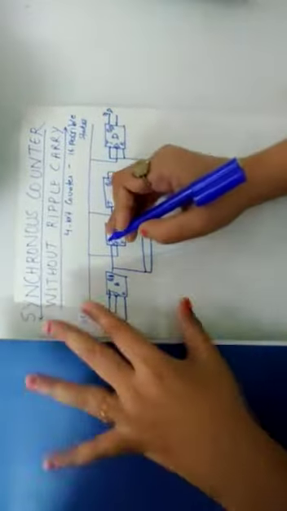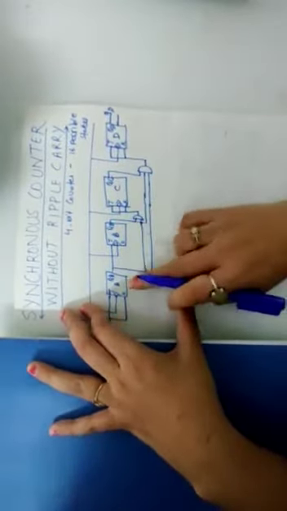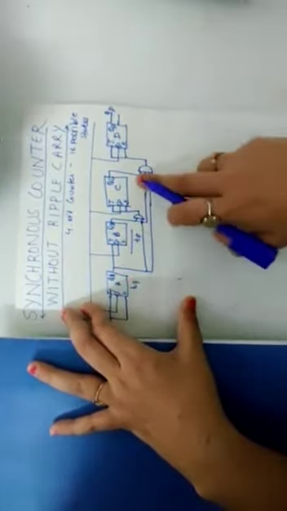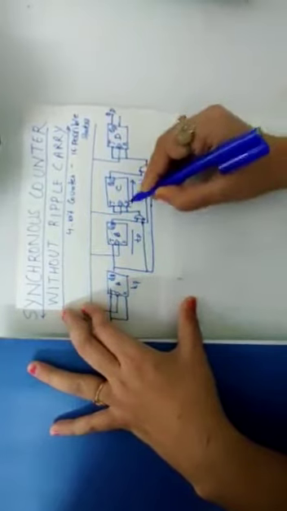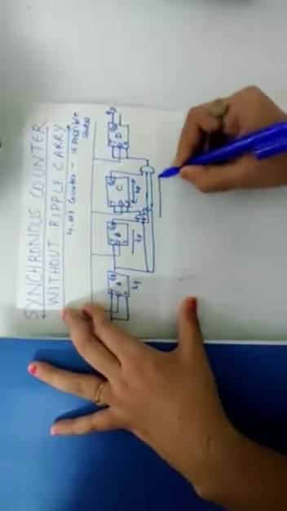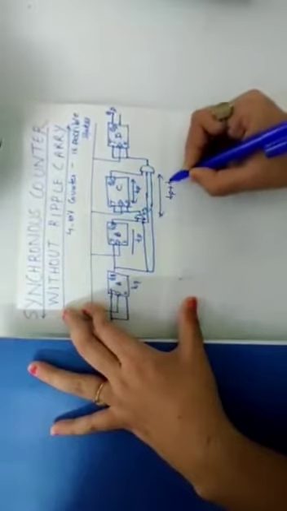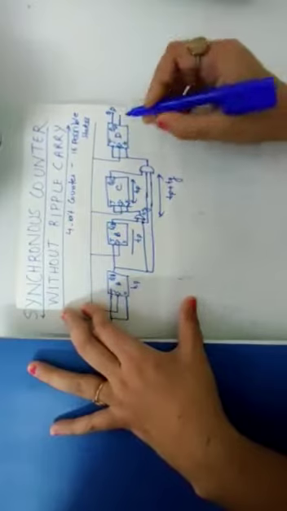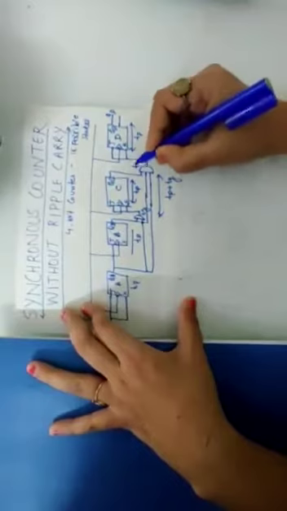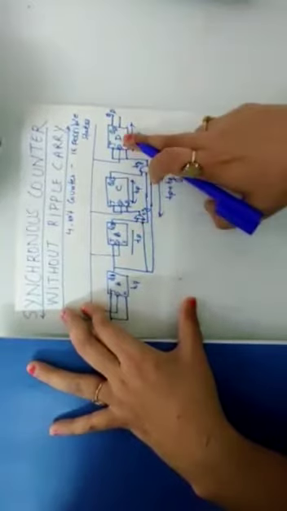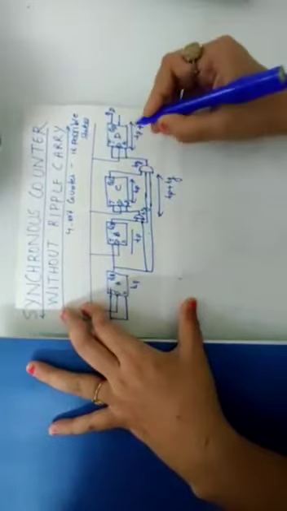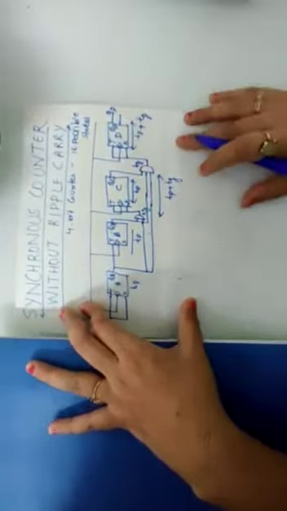So how does it affect? Let's say TP is the propagation delay for the first flip-flop, and the propagation delay for the second is also TP. For the third, it is TP of the flip-flop plus TG of the gate, so the total propagation delay for the third flip-flop will be TP plus TG. For the fourth, this is TP and this gate is TG, because this gate is not linked with the fourth flip-flop. This is the only gate linked with the fourth flip-flop, so again the propagation delay for the fourth flip-flop becomes TP plus TG.